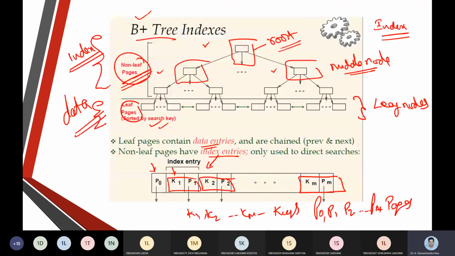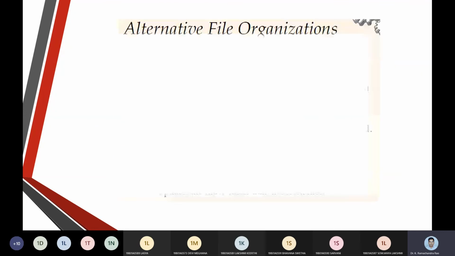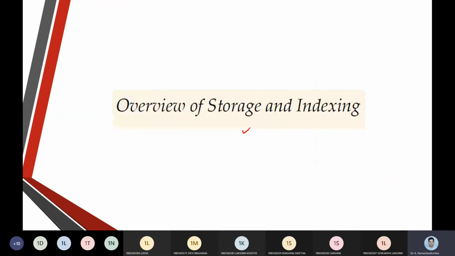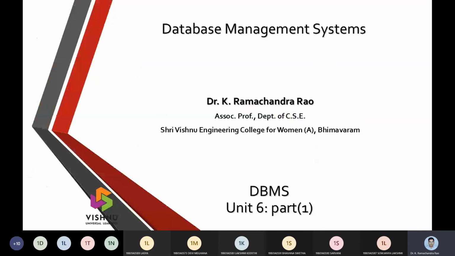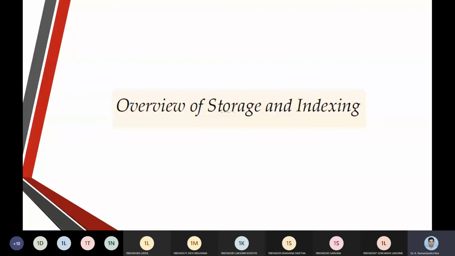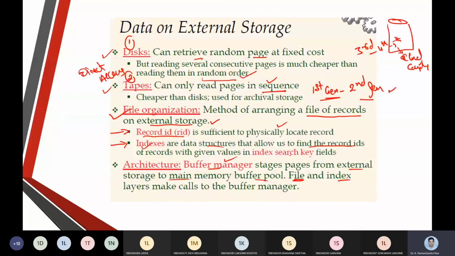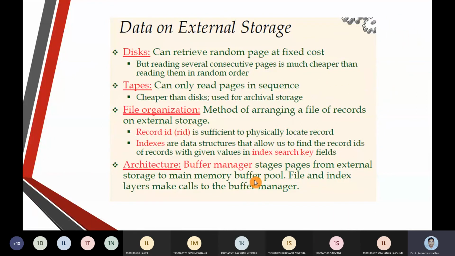So let us look at a quick recap of what we have done today. Today we started the revision part of Unit 6, where we talked about storage and indexing. There we talked about disks, tapes and file organization, which can be sequential and random organization, and it is supported by buffer management.